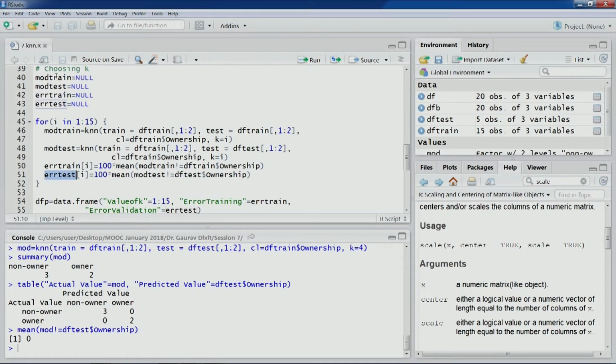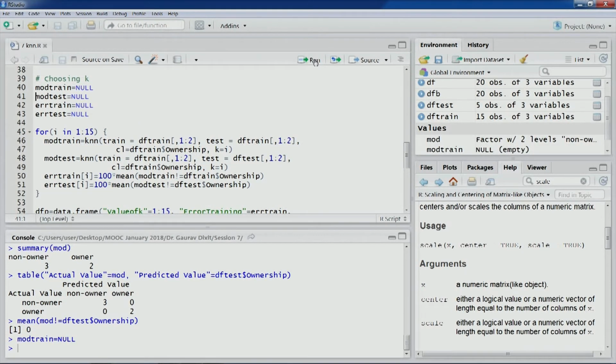As you can see, we have initialized these 4 vectors. First, mod train, that is for modeling using the training partition and then scoring the training partition itself. Then the next one is mod test, for scoring the test partition.